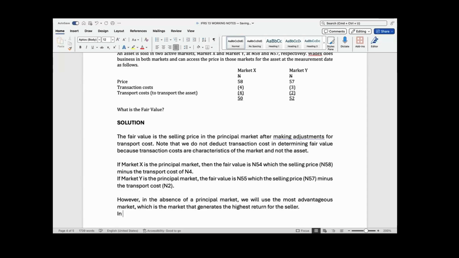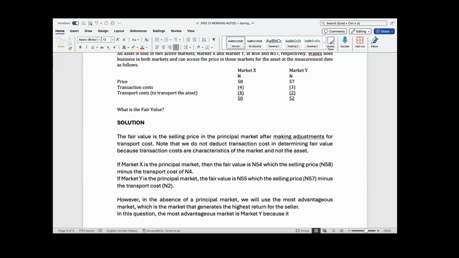In this question, the most advantageous market is market Y,